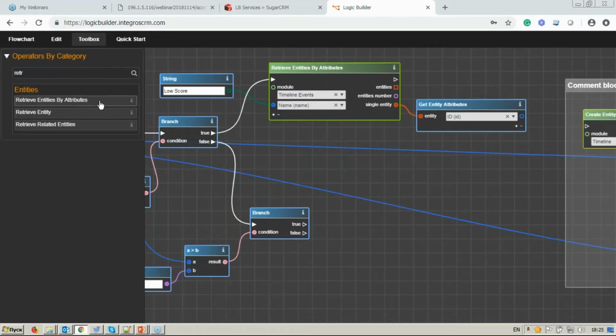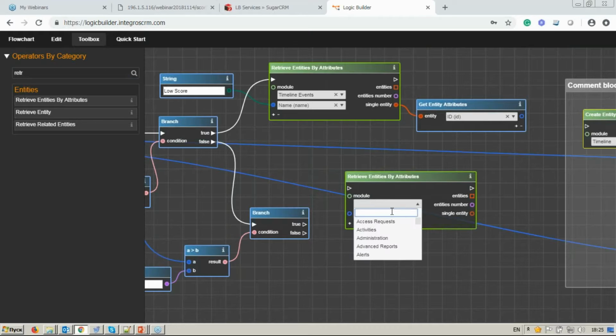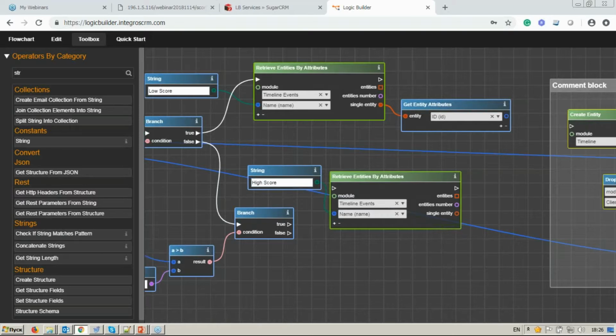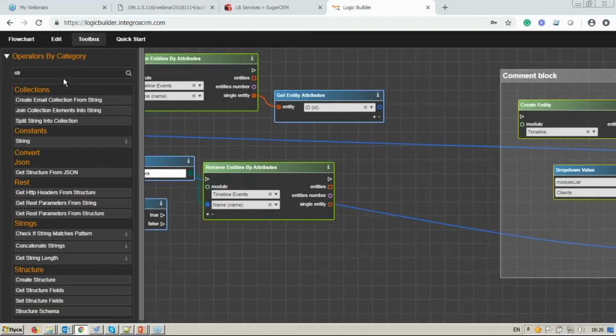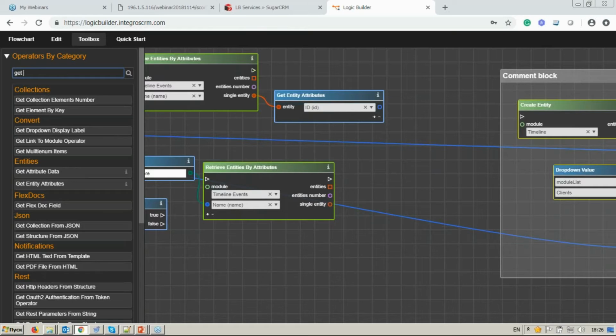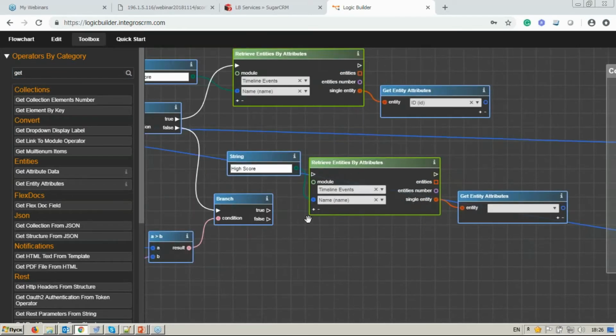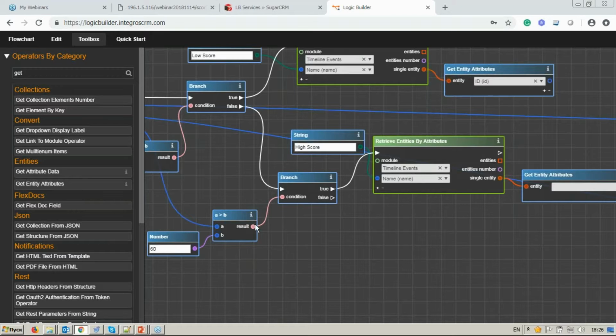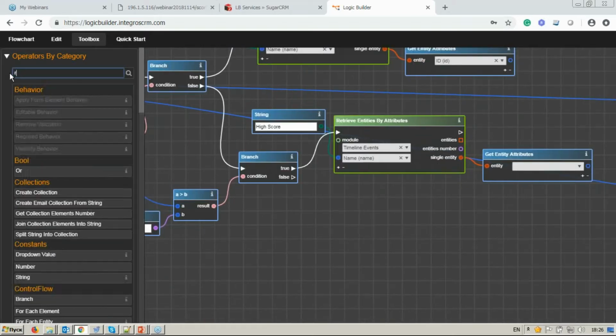I am looking for a timeline events record by name, and as name I specify high score, because when score is more than 60, it is high score. And again, let me put it aside. Why do I do it? Because I need to get the ID of this record. And finally, we checked whether score is less than 40. We checked whether it's more than 60. And when not, so between 40 and 60, we are looking for